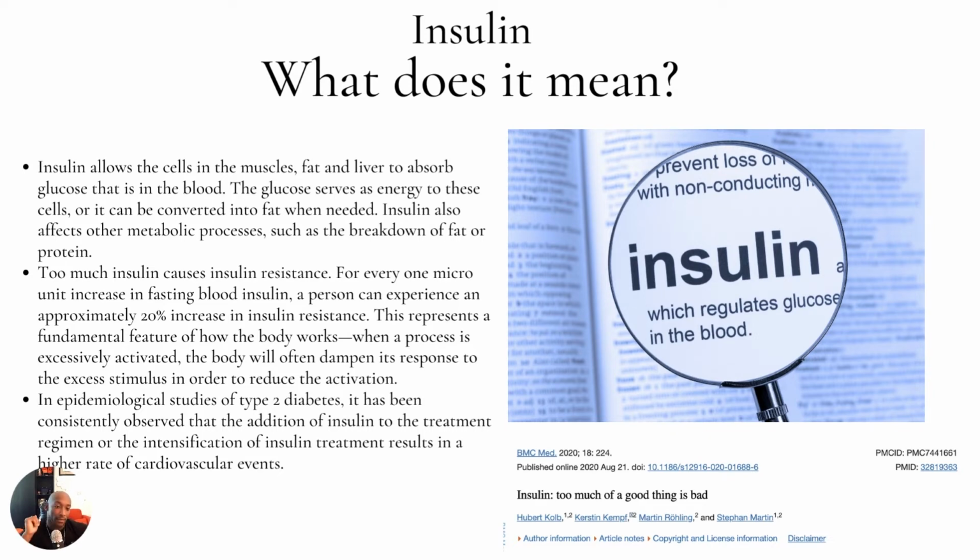When a process is excessively activated, the body's going to dampen its response to that excess stimulus in order to reduce the activation. Similar to if you drink too much alcohol, you become very tolerant. And then you're like, oh, I have a high alcohol tolerance. Well, you're an alcoholic. But the same thing's kind of happening with insulin, right? If you eat in a way that's going to secrete a lot of insulin, you're going to get to the point where your body's just going to start ignoring the signals